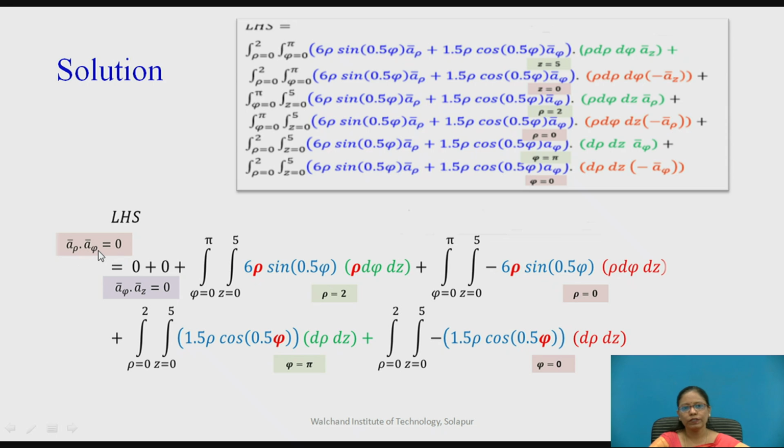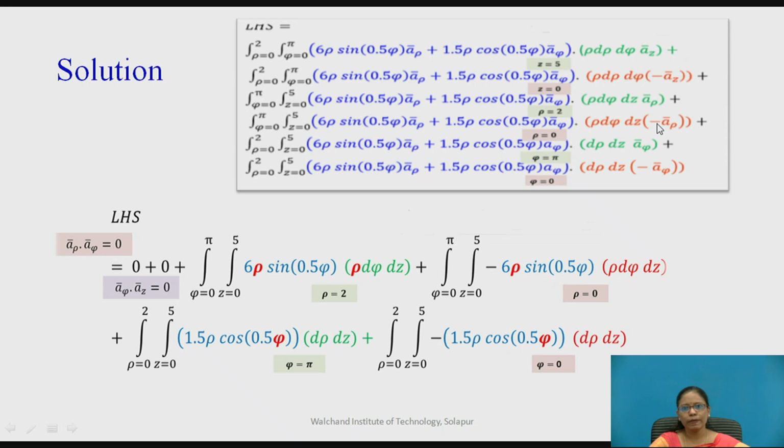See, I have written here the reason also, because the self dot product is 1, with others is 0, so these two integrals are going to be 0. And when I take the third integral, in the third integral there is a rho bar. So a rho bar dot a rho bar is 1. So I will get only the first term. So you can see the first term is written, with that particular surface, and a rho bar dot a rho bar comes to be 1. So the unit vector is not written here.